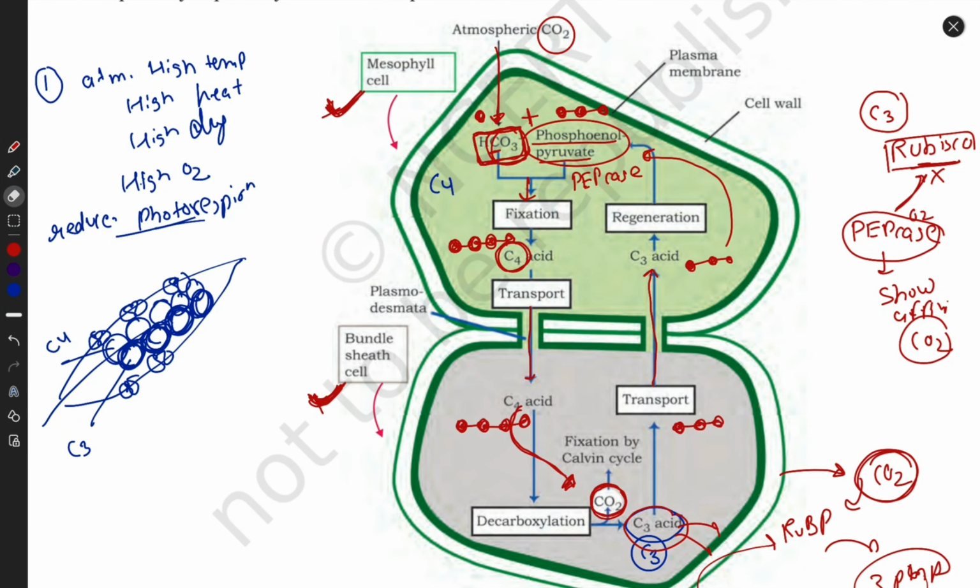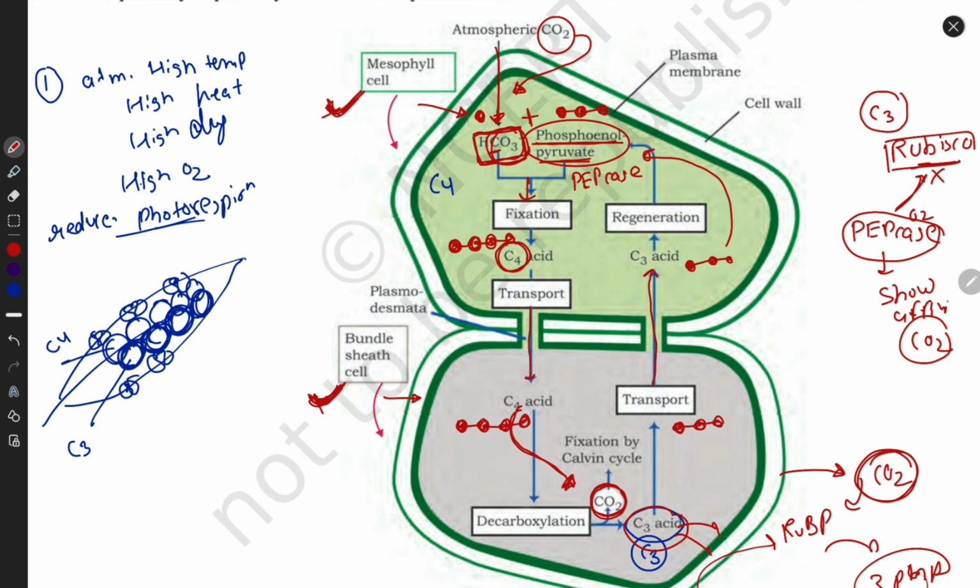I repeat it for you once again. This is the mesophyll, these are the mesophyll cells, and these are the bundle sheath. Okay, are these two terms clear? Yes, clear. Now atmospheric CO2 comes and enters in the mesophyll cells. Is this term clear? Yes, clear. Then